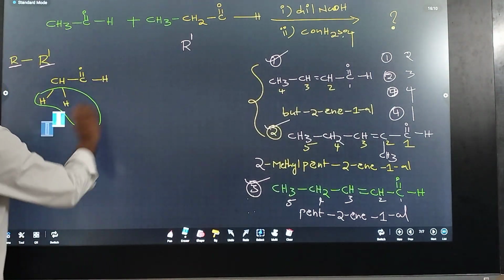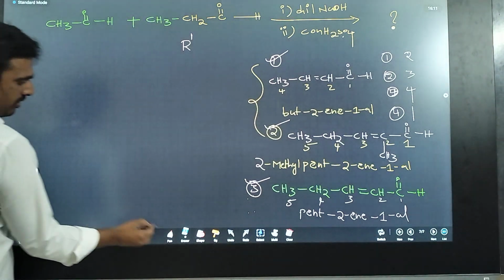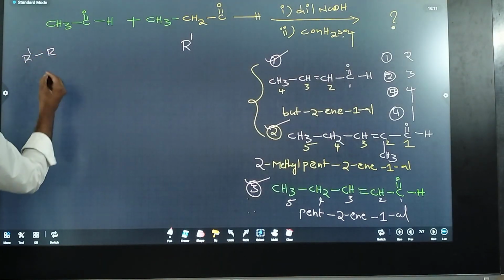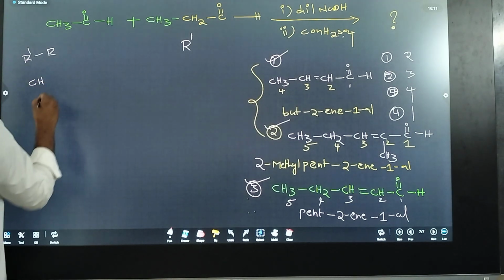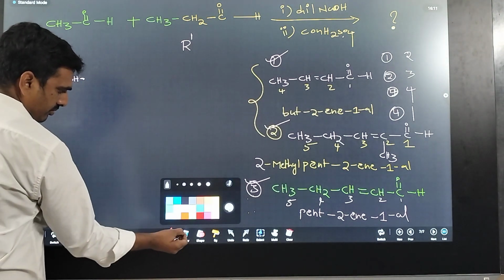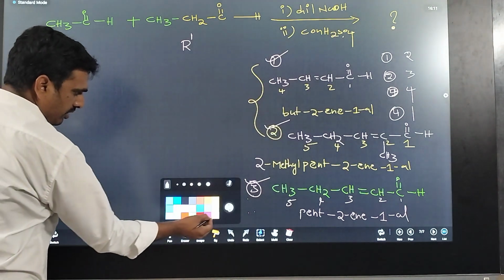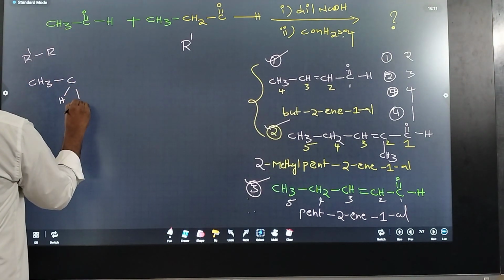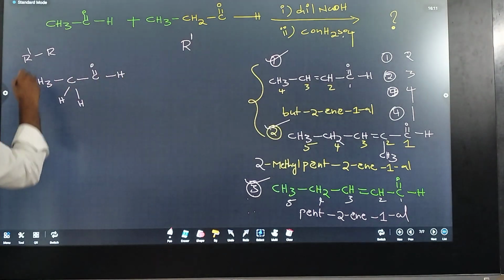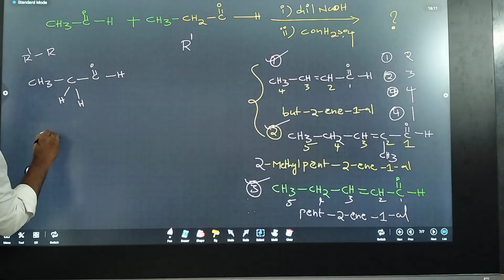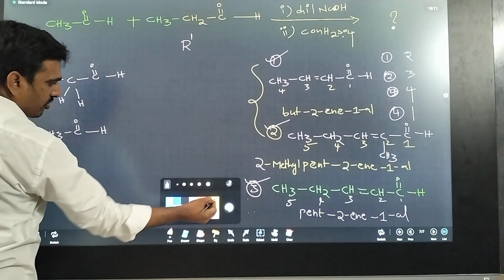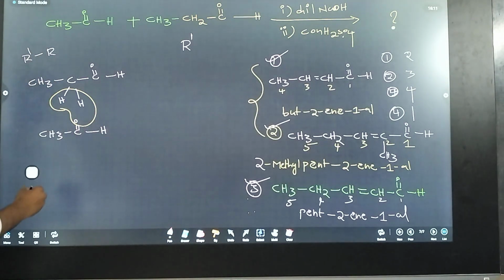So I can write first R prime, then R, CH3 and CH2, CH2, I can write CH2 like this, H, H, C double bond O, H. Second one, acetaldehyde, CH3, C double bond O, H. So I'm using the short trick, eliminated as water molecule. So we get